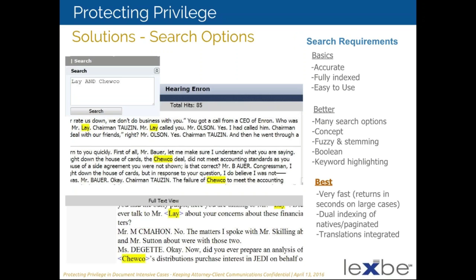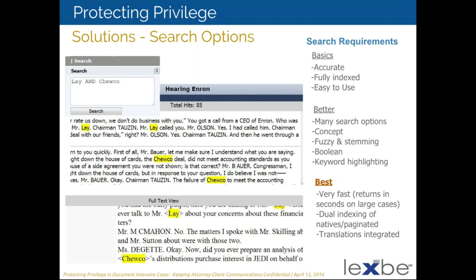More on search and how this would work: when you're doing search for privilege review, you want to have, on the basic level, just something that's accurate and fully indexed, isn't missing anything. Better is having many different search options, including a Boolean search, as we're used to with Westlaw and LexisNexis, keyword highlighting, fuzzy and stemming search, which will allow for some misspelling or abbreviation, concept search that will include synonyms and things that would come up in the thesaurus, and then the search needs to be very fast.